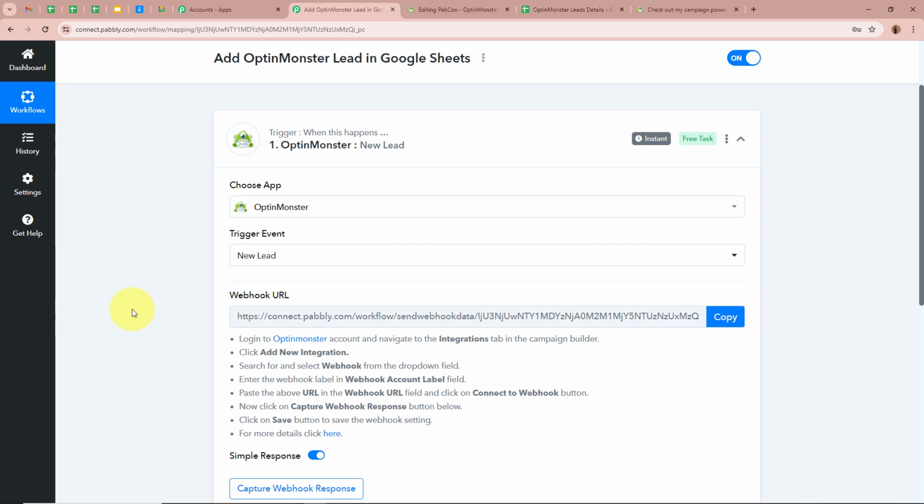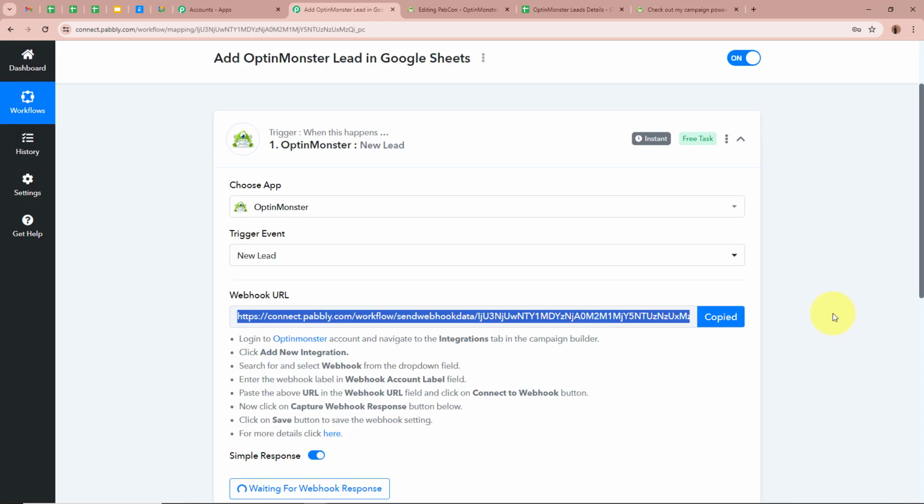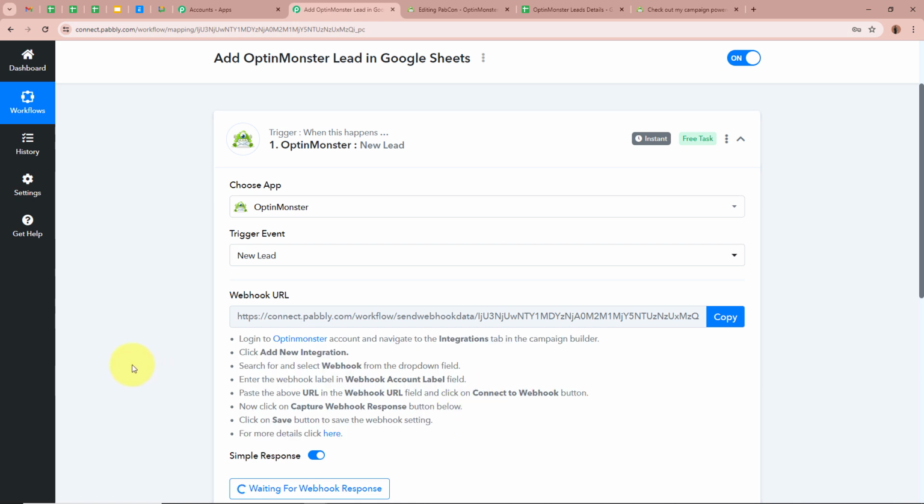Okay, and to connect OptinMonster to Pabbly Connect, Pabbly Connect has provided us with the webhook URL. With the help of this unique webhook URL, we are going to connect OptinMonster to Pabbly Connect. So I'm going to copy this URL from here. After copying the URL, we follow the steps given below in the help desk in order to connect OptinMonster